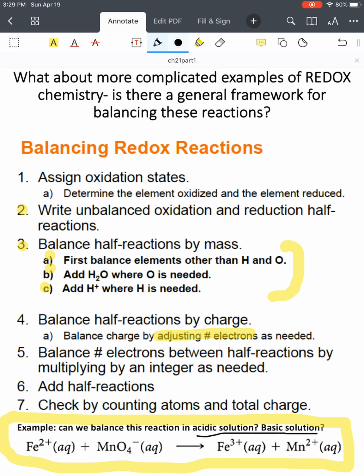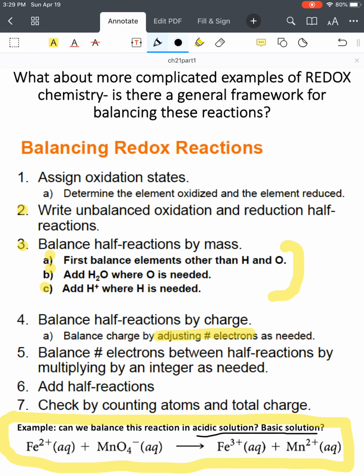These problems are often balanced in either acidic solution or basic solution. It seems like a minor detail, but in fact, it's a little bit important to pay attention to that, because in acidic solutions, we've got lots of H plus around. But in basic solutions, we have a very low concentration of H plus. So when we're adding H plus in this step up here,